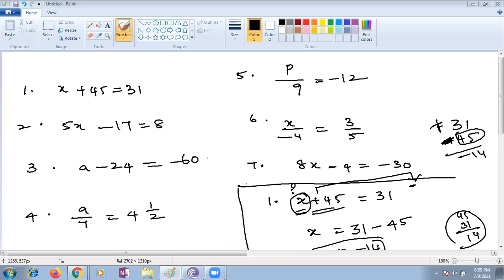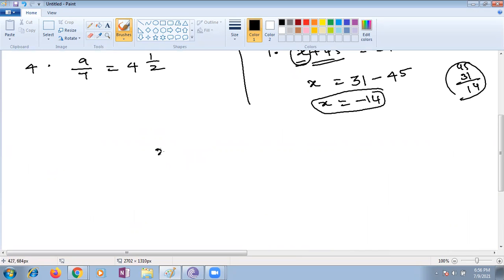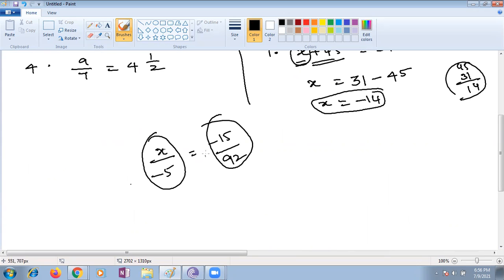Okay, right. See, suppose I take the question as 4 or 5 or 6 or 7 or anything, any number. Which question can I take here? Ma'am, anything is fine. Okay. See, any number you have to take, not only these numbers, we will go with some other numbers too. x by minus 5 is equal to minus 15 by 92. This is your question. Seeing it, which form is it appearing?